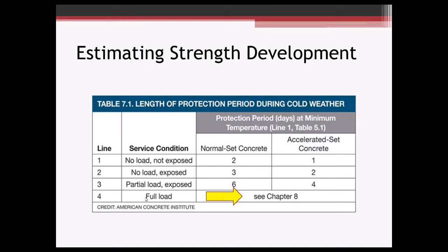And I mentioned down here about the full load, and it directs us to Chapter 8. Chapter 8 in 306 says that if you're going to be putting a full load on the member, and maybe you're removing forms, it could be any kind of full load, a column load on a pier or whatever, we've got to do some additional testing. You take a core out of the element,